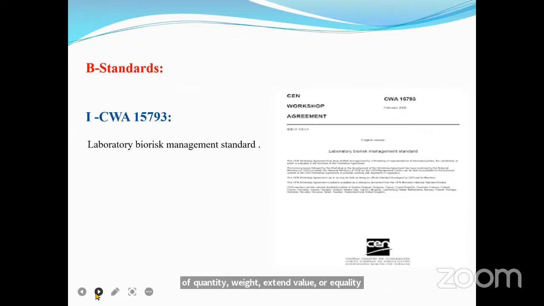An example here is the CEN Workshop Agreement. CEN is the abbreviation for the European Committee for Standardization, Workshop Agreement Standard. This standard is called the Laboratory Biorisk Management Standard, with the international name CWA 15793. The importance of this is that